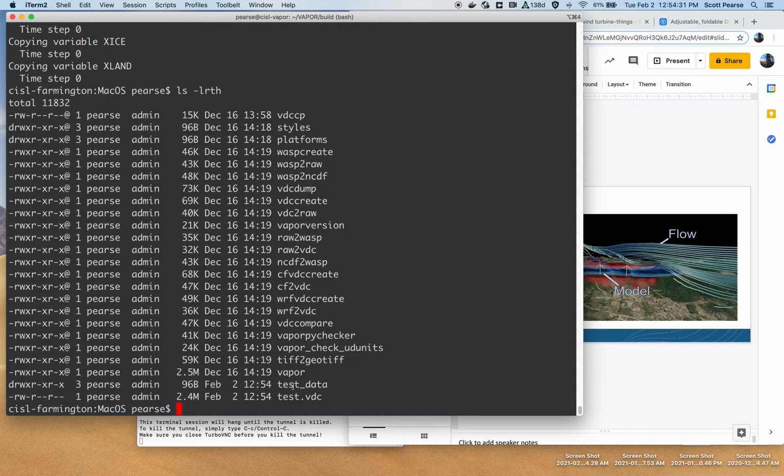And at that point, I have my newly formatted data that I can look at different levels of compression, as well as my VDC. So once I've done that with my data, I can open Vapor. I've already installed it, and I have it in my startup bar down here. I'll click Vapor,